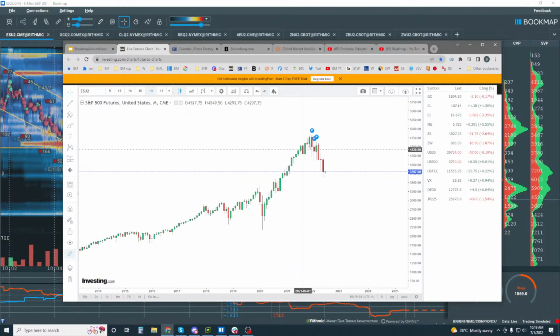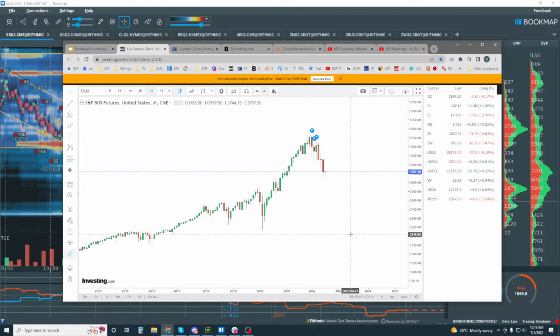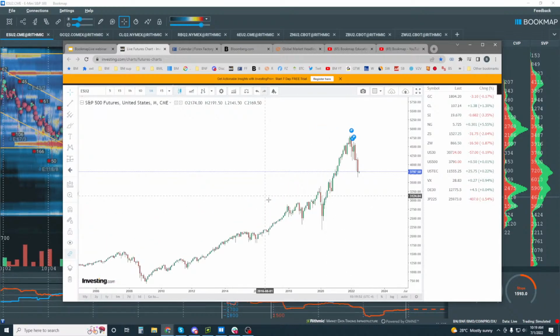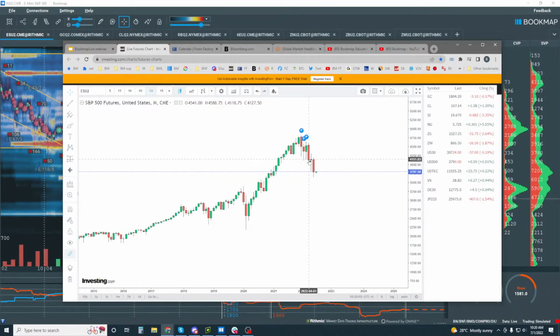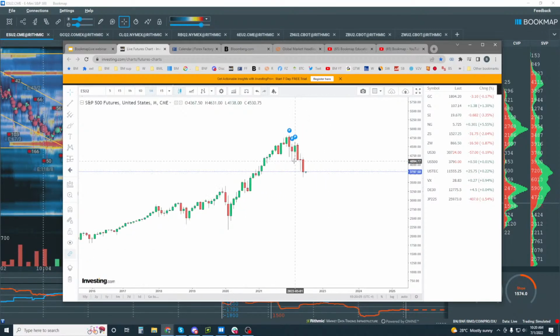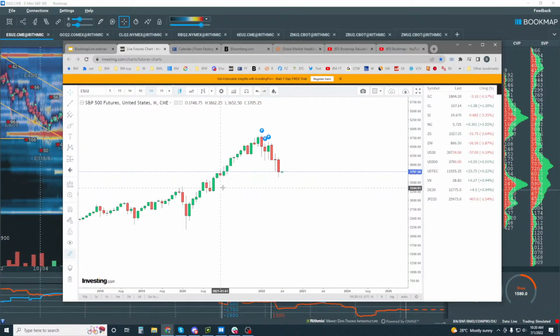In the bigger picture, so this pullback here, we'd have to come back down into here, back in 2019 or so, and test some of these lows and trade and accept below some of these lows, to see a bigger picture downtrend. So we've got a long way to go if that's the case. These are pretty big monthly red candles coming down, right? So obviously we see some change here in the market, and we can look for again directional